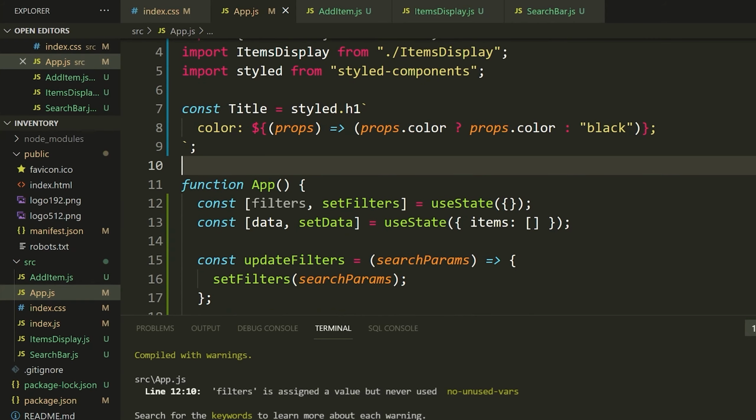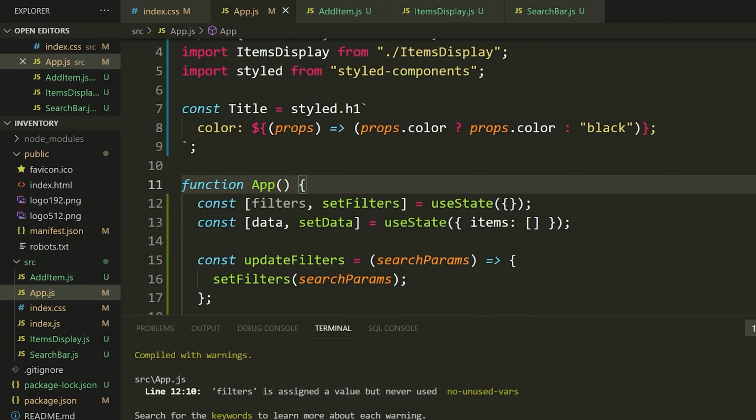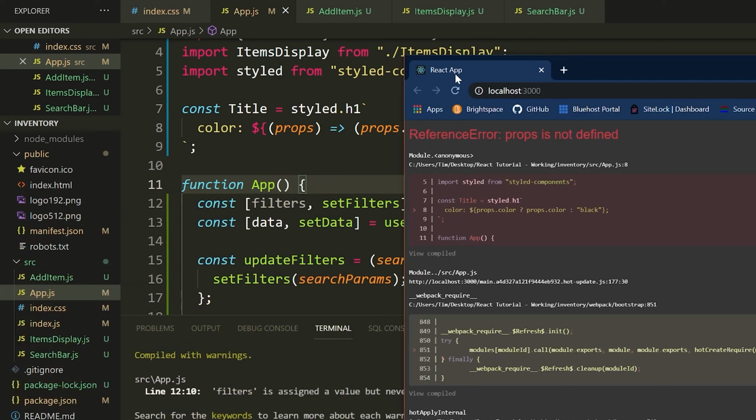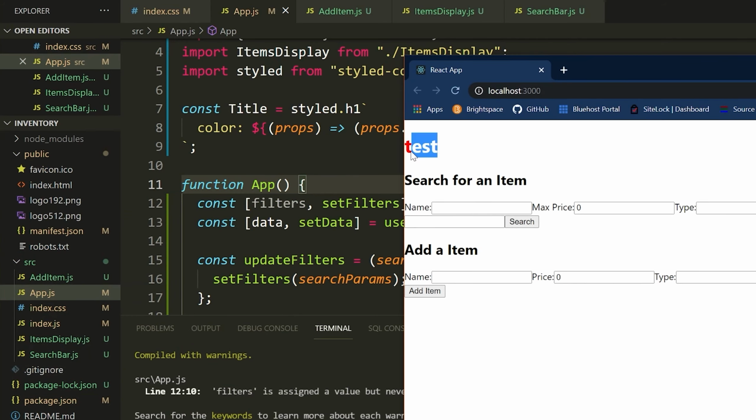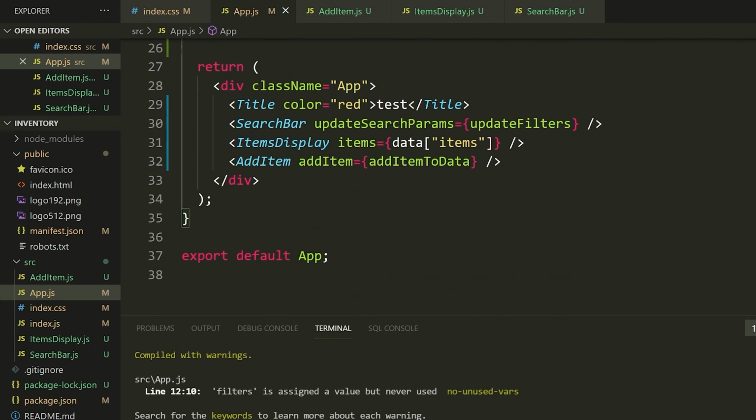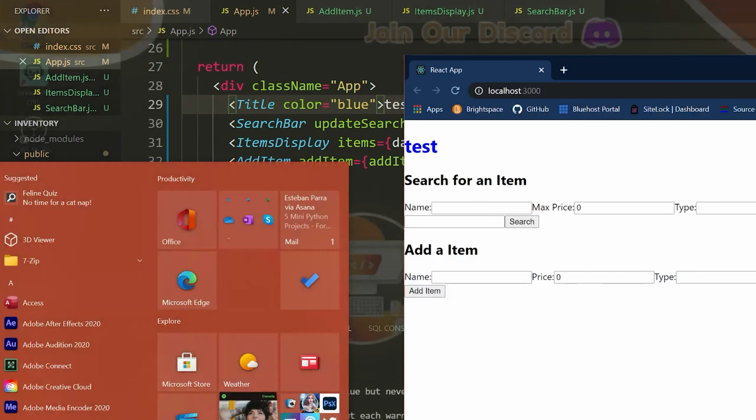Okay, so you can see it's just kind of filled this in with parentheses now. I guess that's the proper way. Let me just refresh and notice that this works. It's now red. Now, if I go here and change this to be blue, you're going to see that this should update and be blue.